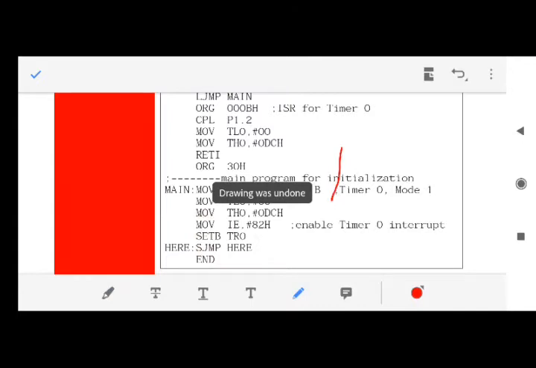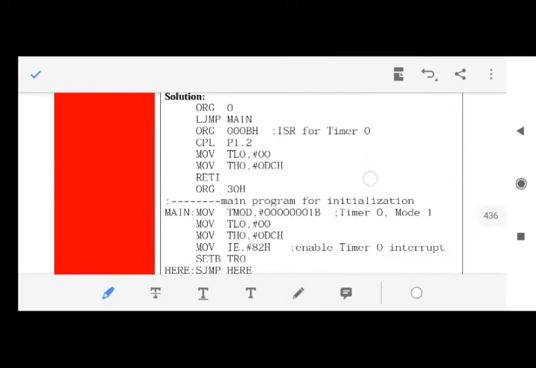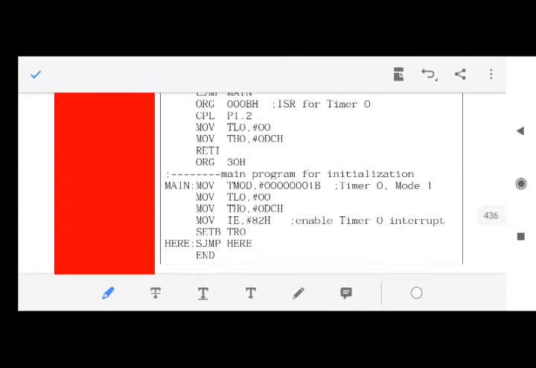So 8051 was doing nothing, just using the timer to do the counting. You have started the counting and you remain here until the final value has been achieved.